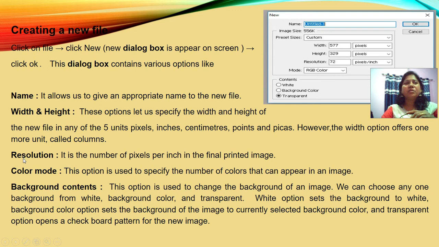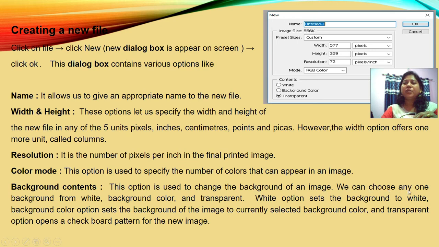Then next one is your resolution. It is the number of pixels per inch in the final printed image. Okay, so here the resolution can be specified. Now, color mode. This option is used to specify the number of colors that can appear in an image. Then your background content. This option is used to change the background of an image.